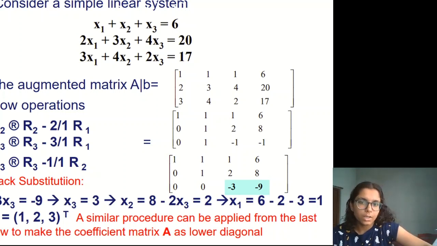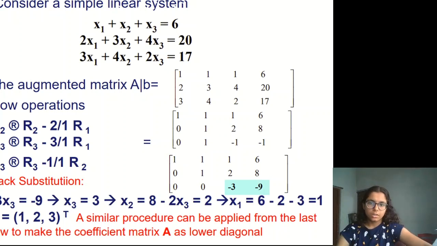If there were 4 linear equations, the first column would have 3 positions that would be 0, then 2, then 1. We would create this as a triangle, and so you can see here that the next 0 that we have taken is of